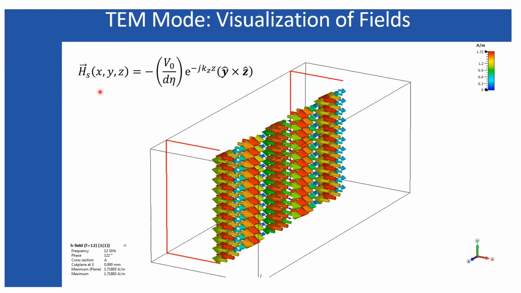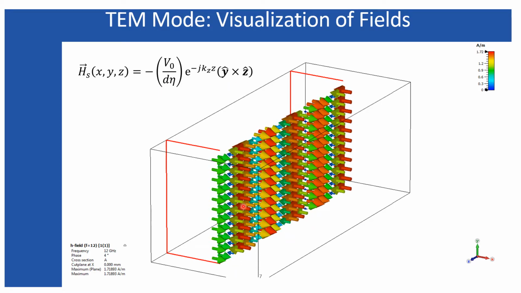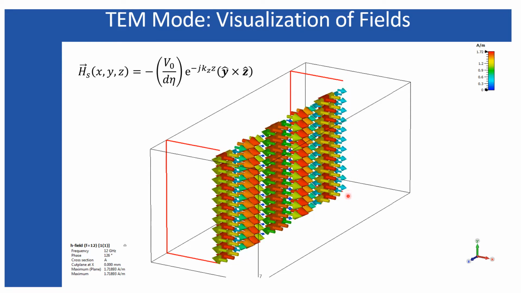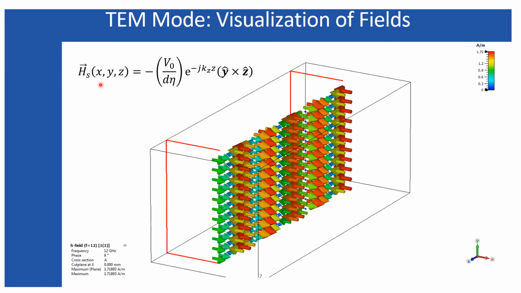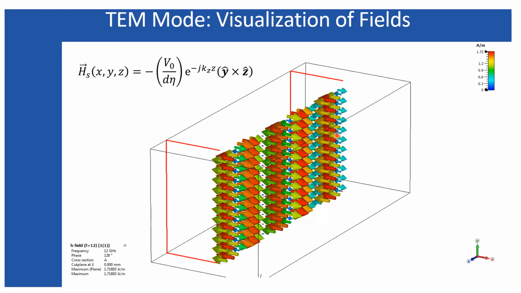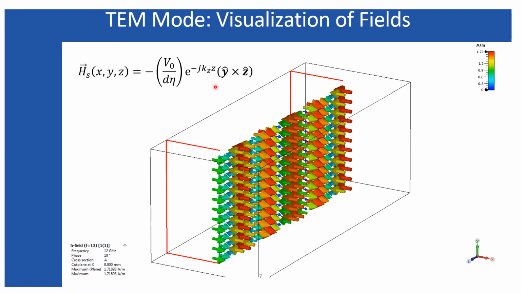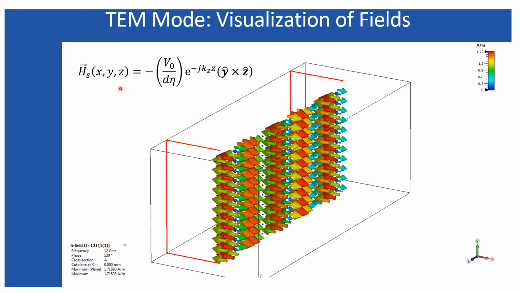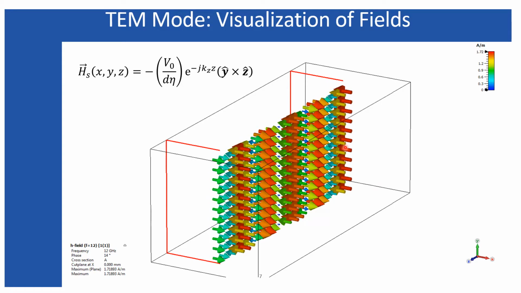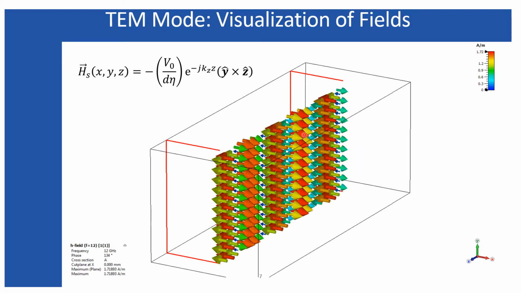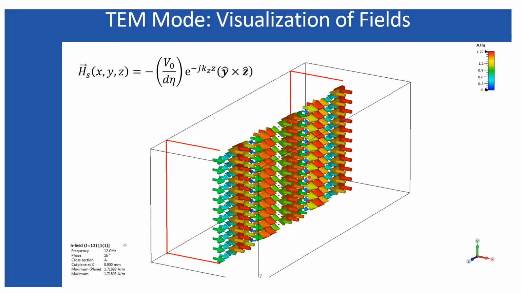Now the magnetic field. Since the propagation is taking place along the z direction and the electric field is directed along the y direction, that defines the direction of the magnetic field, which is along the x direction. This is the x direction, and since this propagation factor includes the sinusoidal oscillation, the directions of these arrows get changed when going from one half period to another half period. That is why the orientation of the arrow is directed along the x direction.